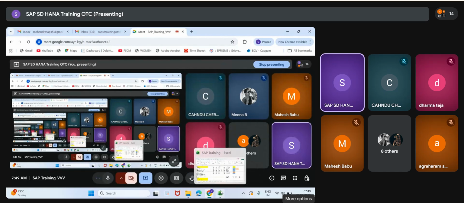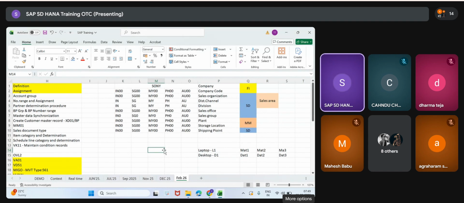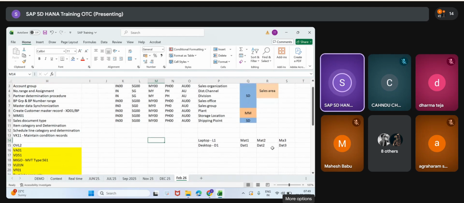In simple words, what is meant by division? Product lines can be divided into different divisions, the product line of the business. This is the laptop division, this is the desktop division, this is the networking cables division, another is the server division, like that. Server itself has many materials. All these are grouped under one product line.